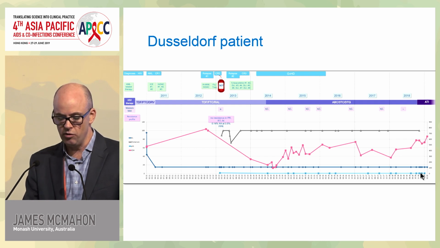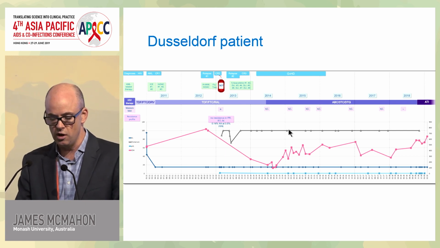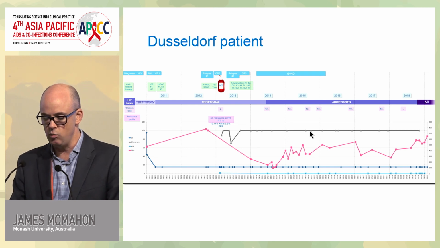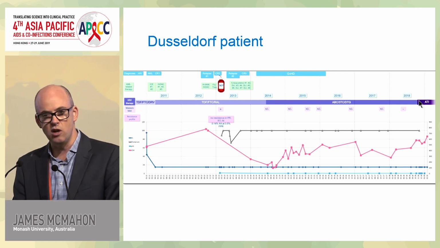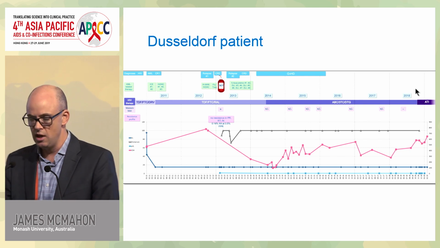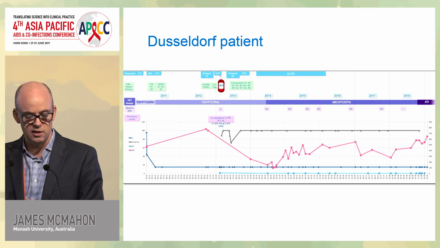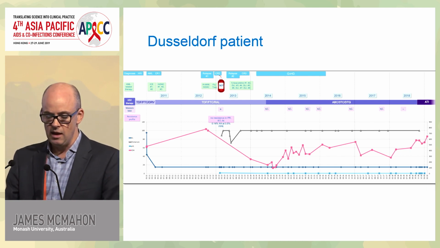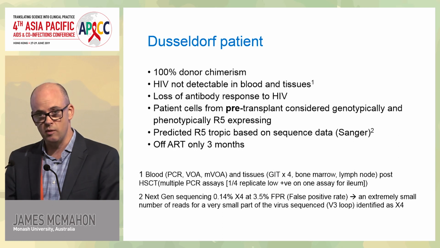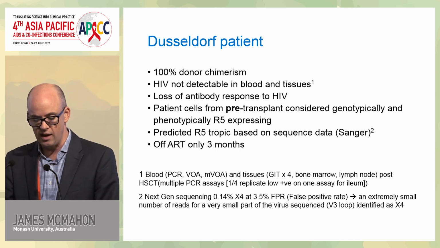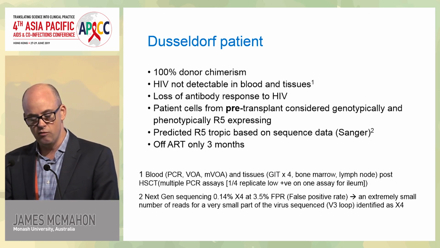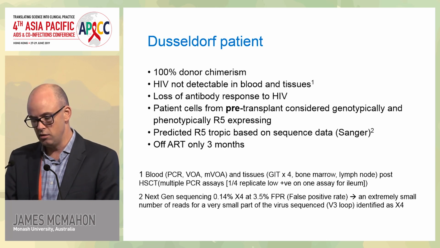And he's gone through his transplant here where the red bag is. He's developed this 100% chimerism, so he's adopted this new immune system of the donor, and he's only stopped ART way out here. So when this was presented, he'd only been off ART a short time, 3 months, so it's too early to say if this man really is in true remission, but clearly it's very interesting. It's similar to the previous patients. He was extensively sampled as well, including tissue assays, and again, essentially no virus could be found. This is very hopeful that this will be another patient who is going to have long-term remission off ART.